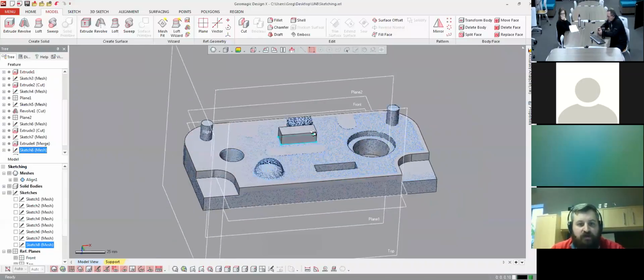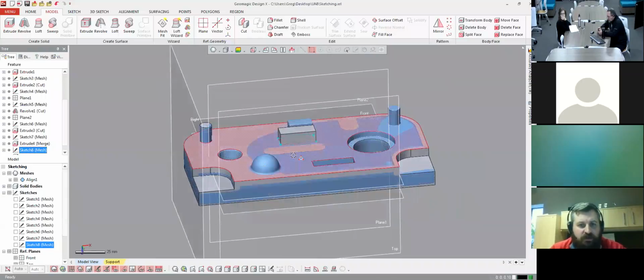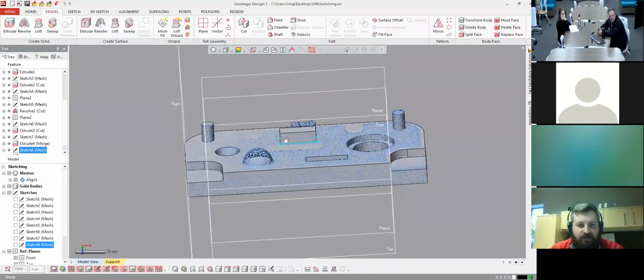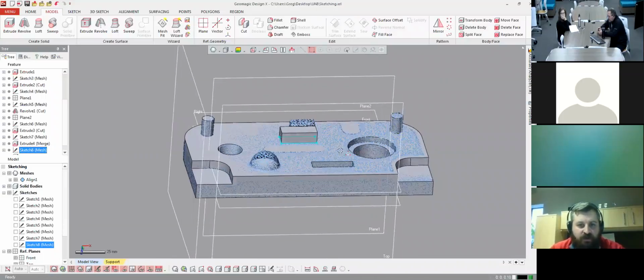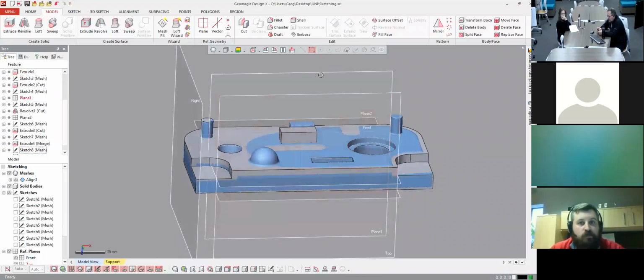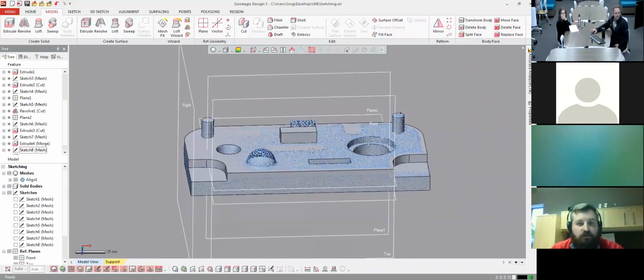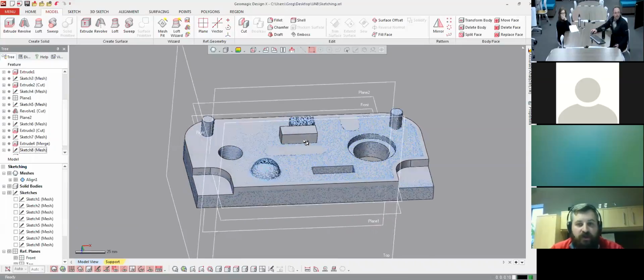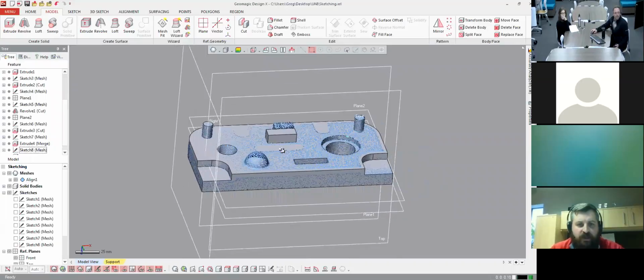So any questions you guys have? Anything else you'd like to see? I think this is a good example of kind of how those sketches can be used in a couple different ways. No questions? Okay. If there are any additional questions, I think my email is out there. I can certainly